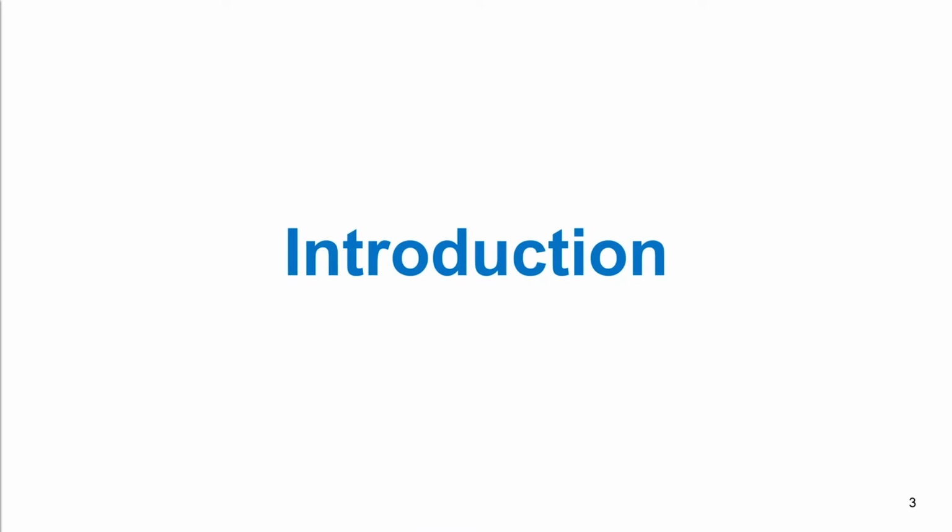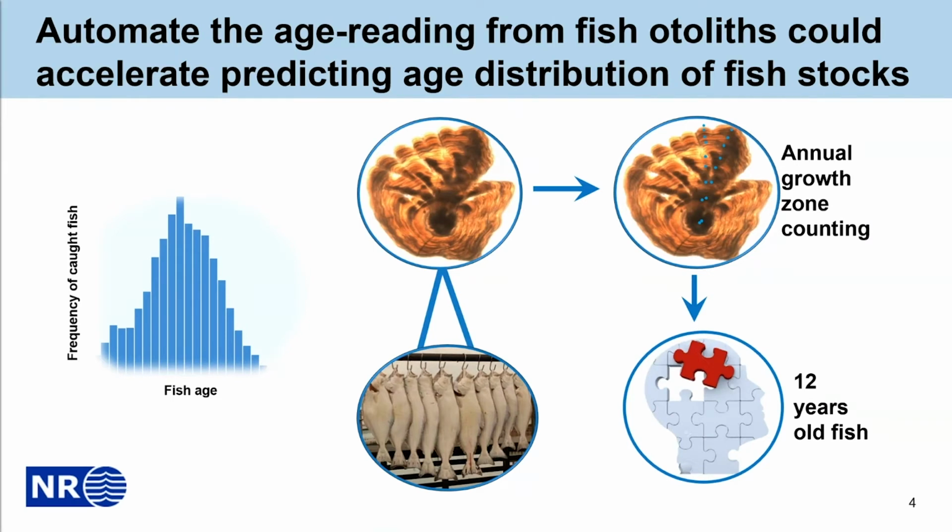So to understand the motivation behind this work, it's important to know that in marine research and resource management, the estimation of the age distribution of fish stocks is key to maintain sustainable fisheries. So one of the procedures which is used for age reading requires human experts to examine images of otoliths, which are these earstones or calcified structures, which are located in the inner ear of the fish and which are extracted once the fish is caught.